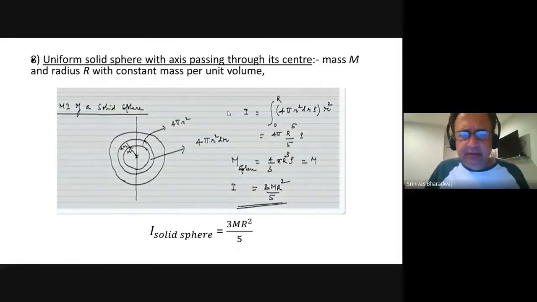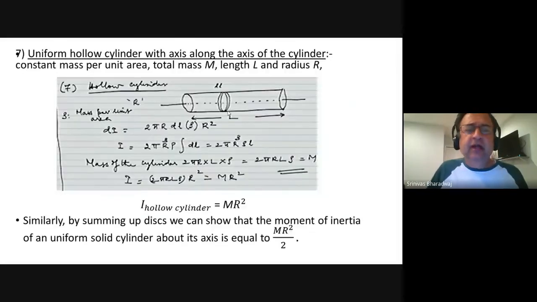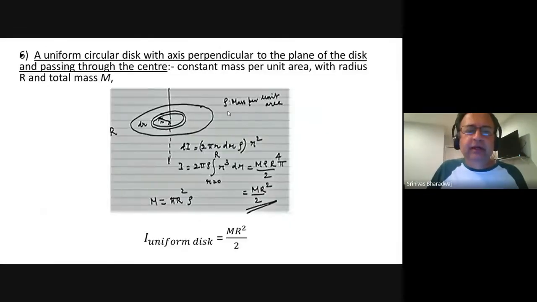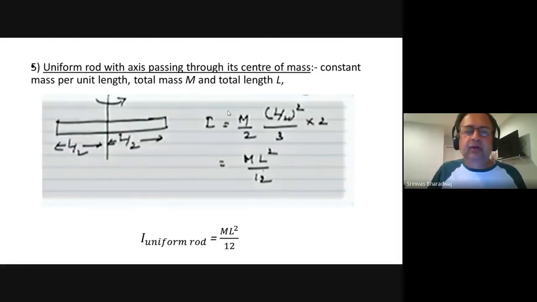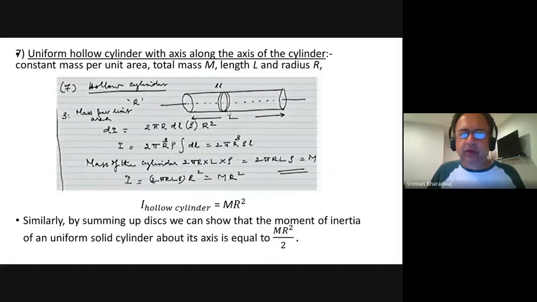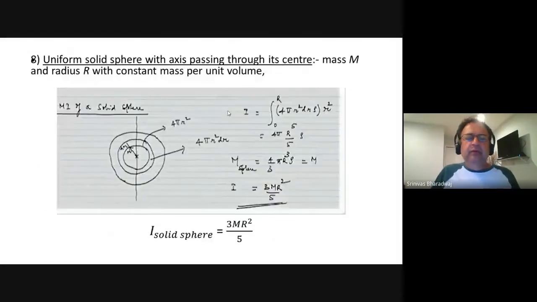N is 3 by 5 for a solid sphere, 1 by 2 for a hollow cylinder, 1 by 2 for a uniform disk, and 1 by 12 for a uniform rod. Okay, so